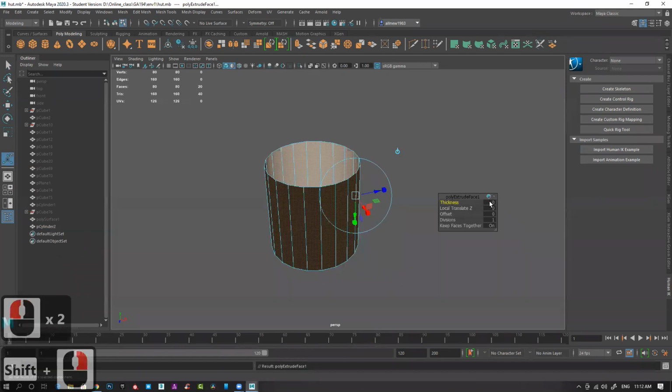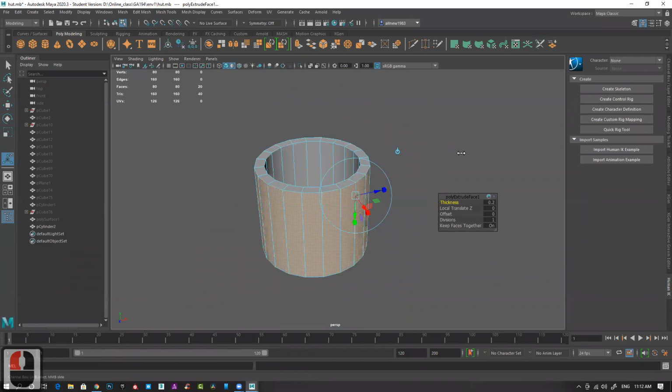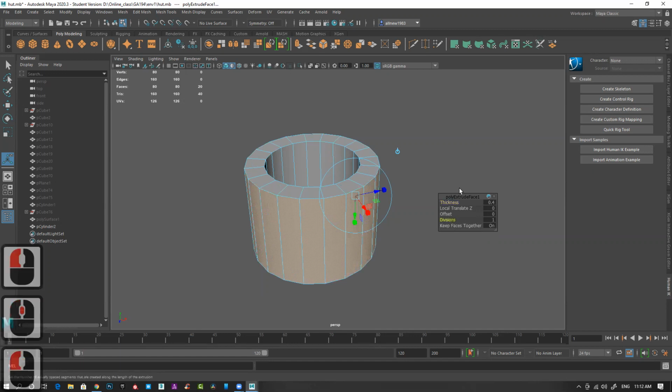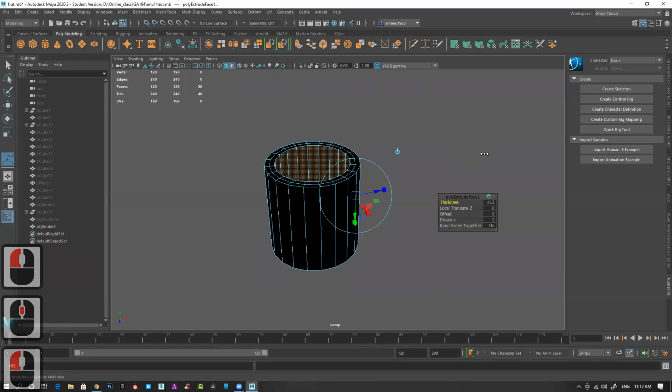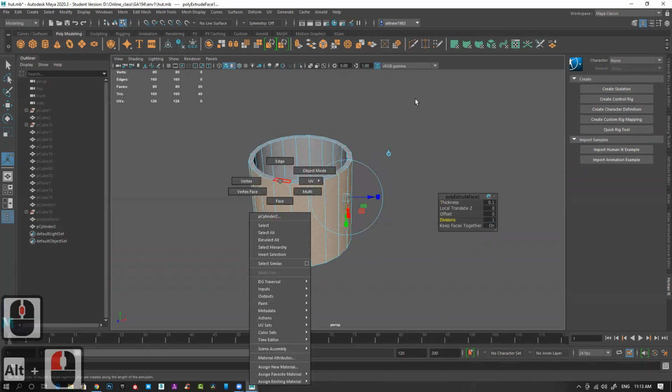You can manually increase or decrease it, or use a specific thickness like 0.1, 0.2, 0.3. You can also change the number of divisions. This is what we use most of the time because it's very handy and fast.